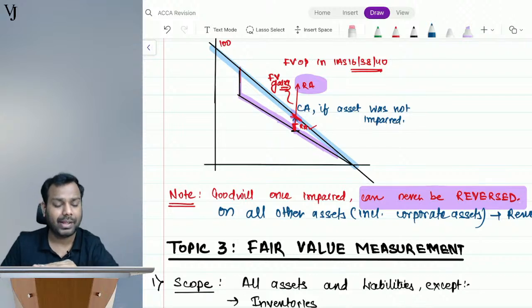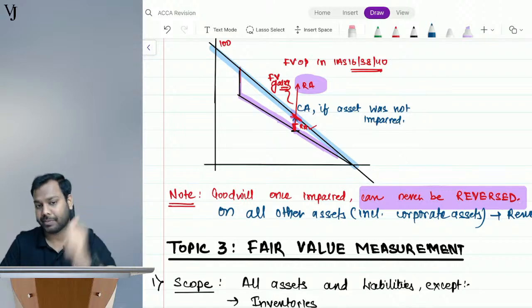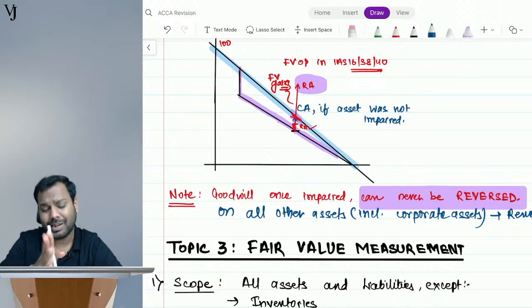That is separate, Aditya, that is covered in that standard. Okay, let's not merge these two. That is covered in that standard, but the logic is this one itself, but it is covered in that standard.